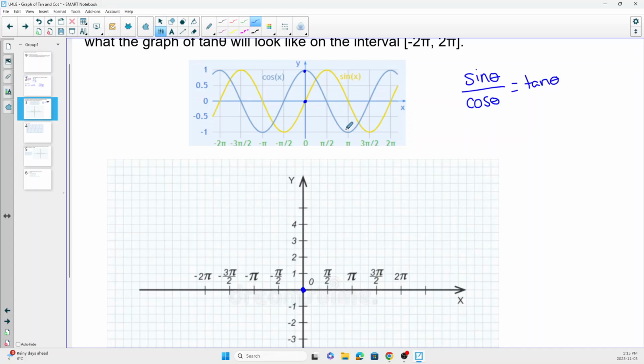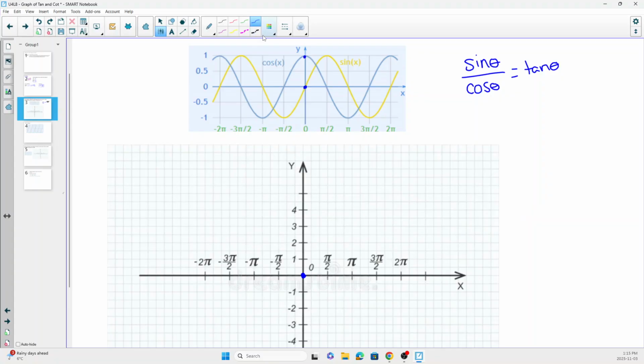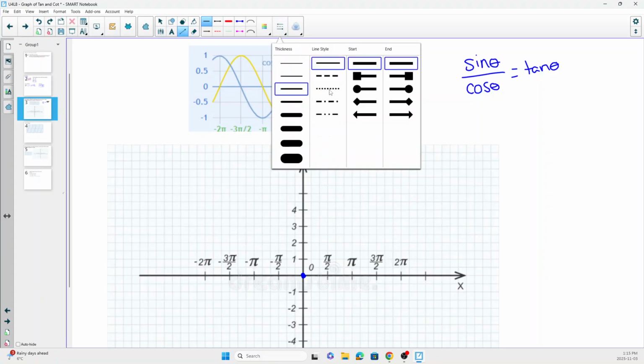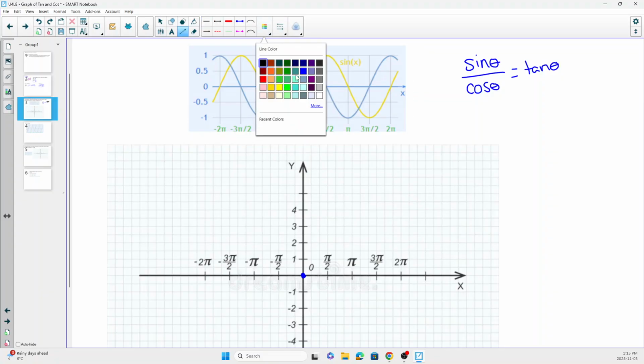anything that makes cos theta equal 0, is going to result in a vertical asymptote. And so we could take a look here and see exactly where we're going to have vertical asymptotes. So let's get my dotted line out and some sort of color, and know that this graph is going to have a vertical asymptote at negative 3